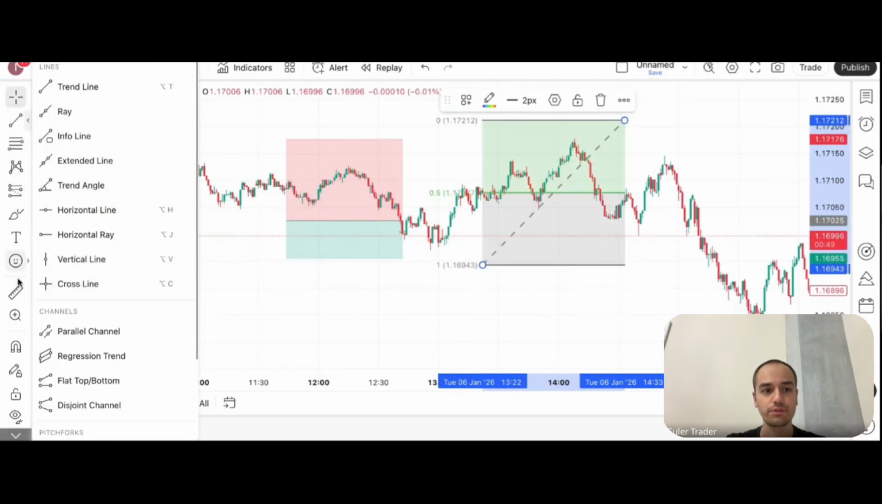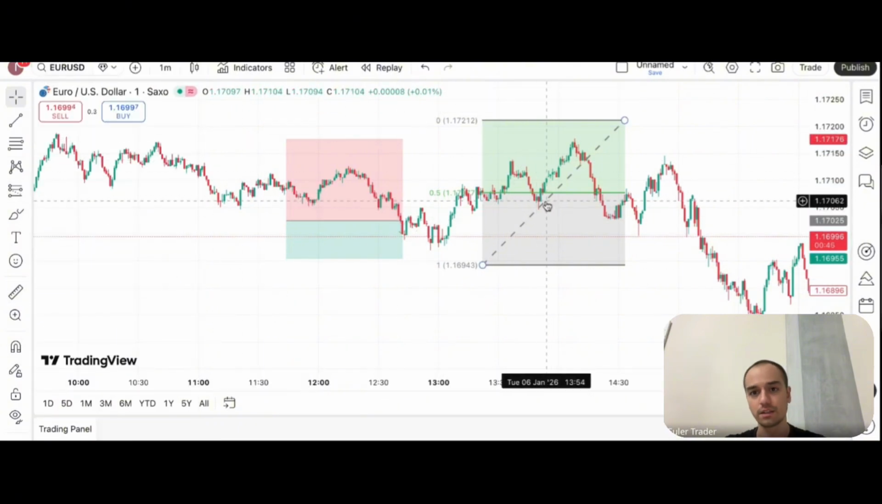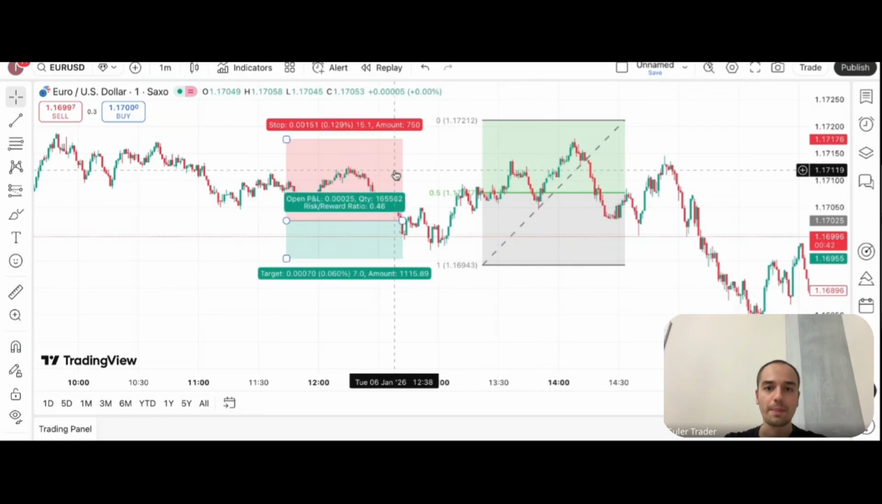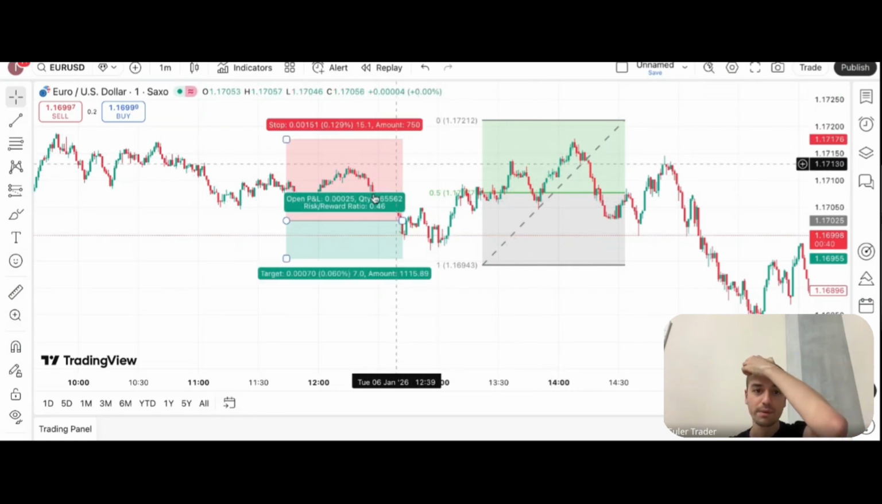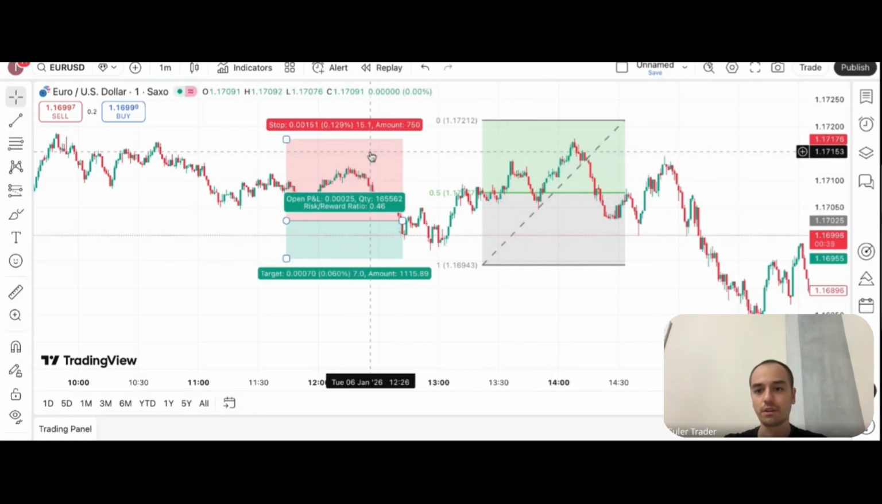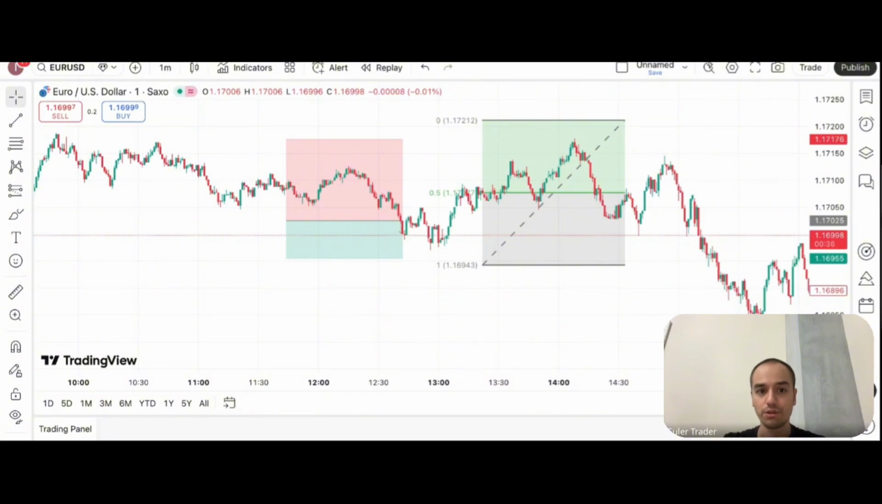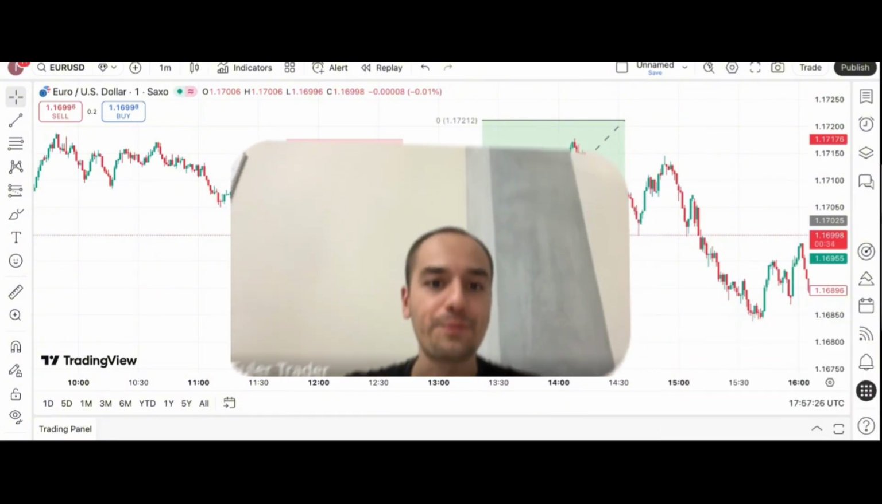A lot of different things, annotations on the graph, a lot of analytical tools, basically. Again, you don't need all of them, but TradingView is pretty comfortable, it's pretty easy to use. So again,